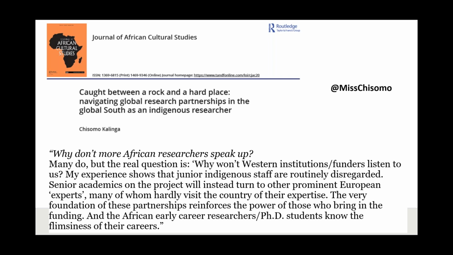And I just want to end with this quote, again, something that's really for my self-reflection from Dr. Kalinga. So why don't more African researchers speak up? Many do, but the real question is, why won't Western institutions, funders listen to us? My experience shows that junior Indigenous staff are routinely disregarded. Senior academics will turn to prominent European experts who hardly visit their country of expertise. The very foundation of these partnerships reinforces the powers of those who bring the funding, and African researchers know the